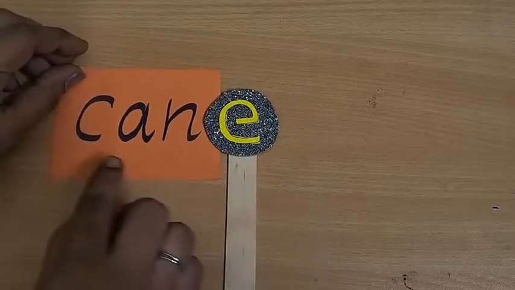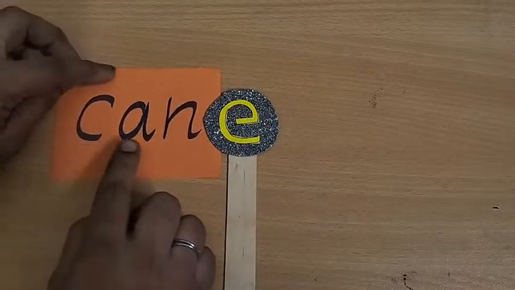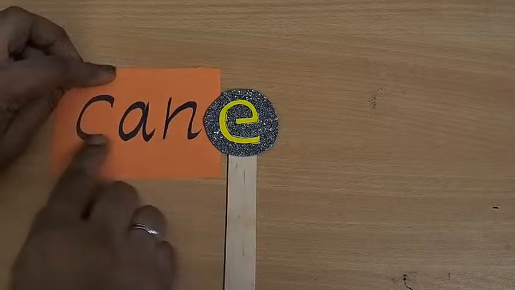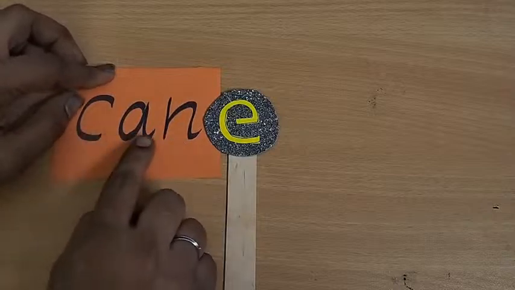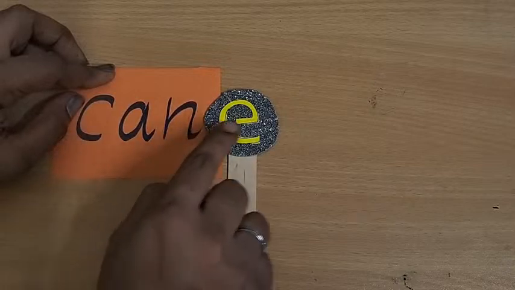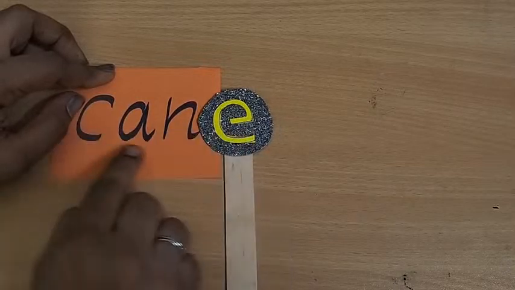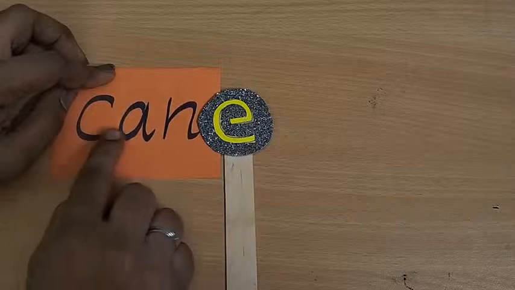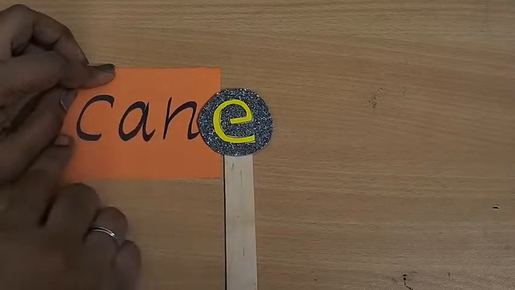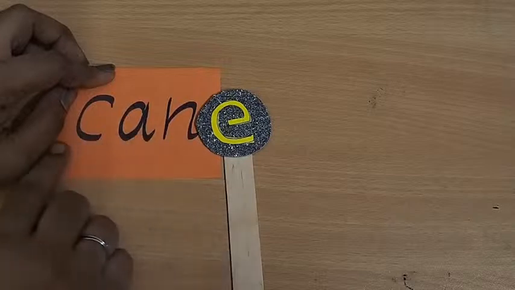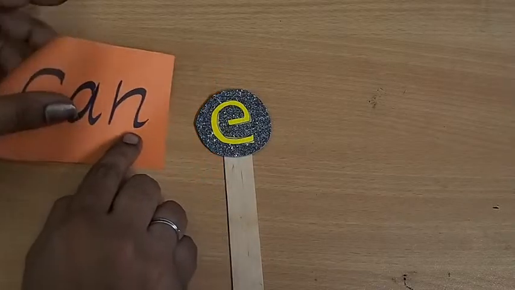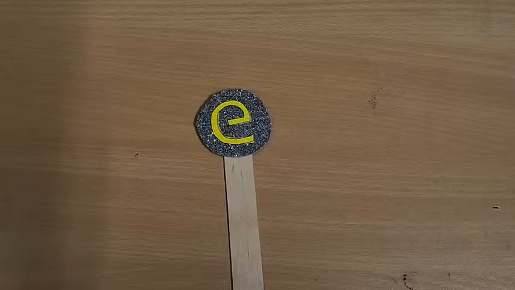Next one, c, a, n, can. If it is a three-letter word, you have to pronounce it as c, a, n, can. If I add e at the end, you have to change the vowel sound: k, a, n, cane. K, a, n, cane. The next word,